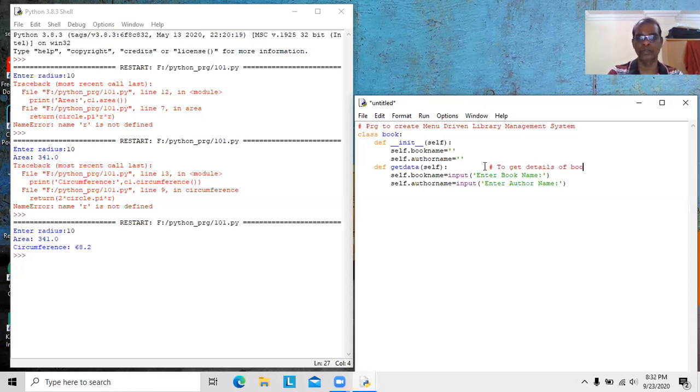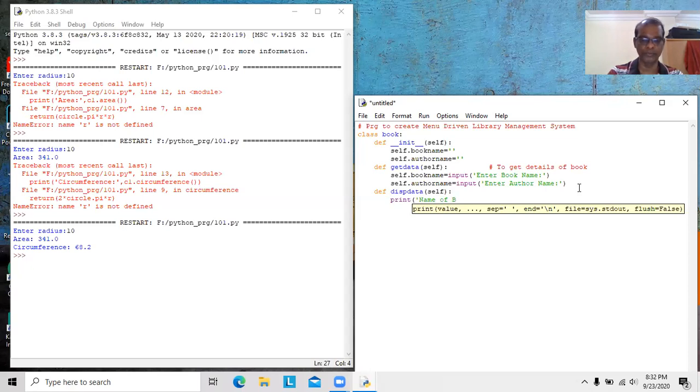You get the details of the book. One more method, display data. Here I need print, name of book, comma, here again self dot book name.